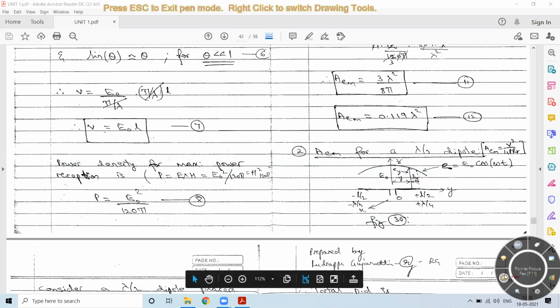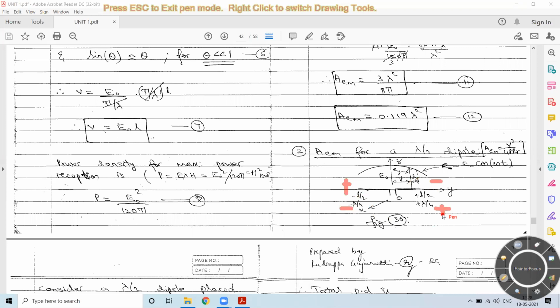That is how the antenna radiates. That discussion we had done. So with respect to that, there will be a positive charge and a negative charge during one time, and there will be a negative charge here and a positive charge during the other half. This will keep on continuing as long as you have applied the sinusoidal source over here.